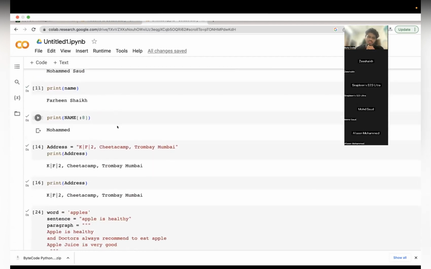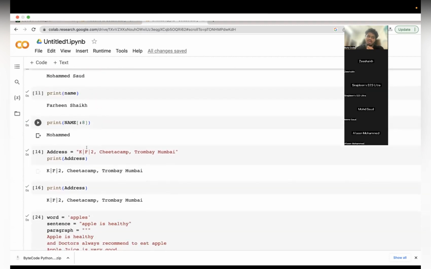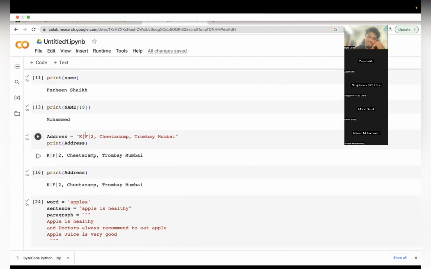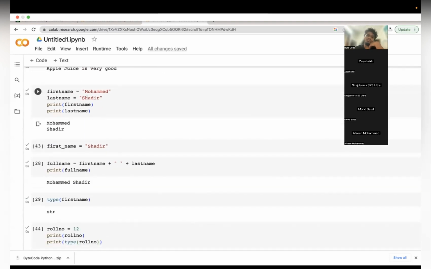We saw variables, and then we saw multiple types of strings available. You can define strings in 3 different ways: one for a word, one for a sentence, one for a paragraph, using single, double, and triple inverted commas. Then we saw how to define variables and how to concatenate 2 different strings and create one variable.